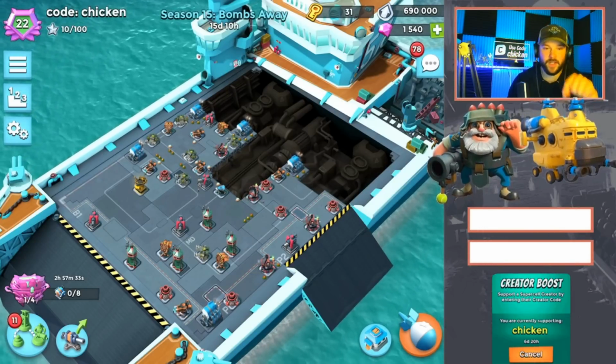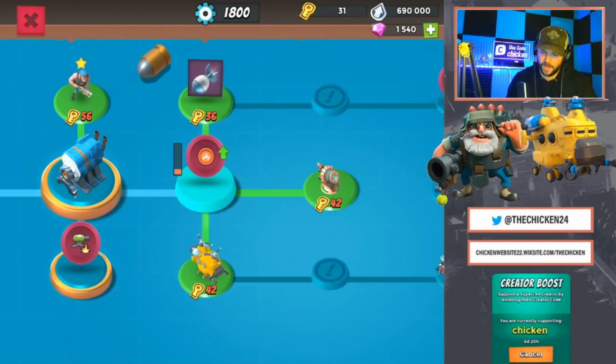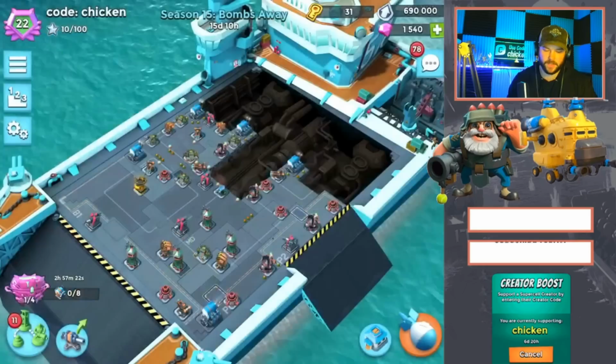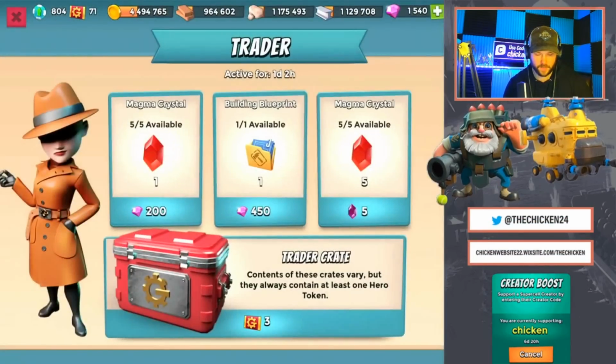So what we're gonna do today is, you can see I have a chest ready, so I'm gonna farm it up, and I think I've decided to go with shock launch. So we'll talk about that in a sec. But first, let's do the two battles, and also let's head back to the main island for a second, because